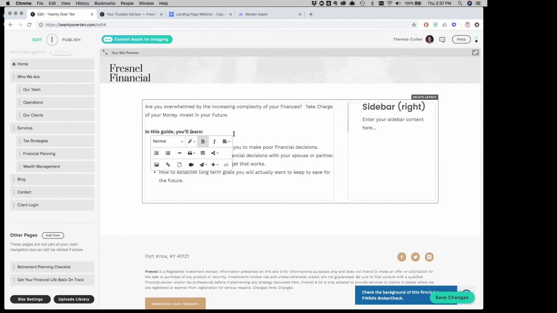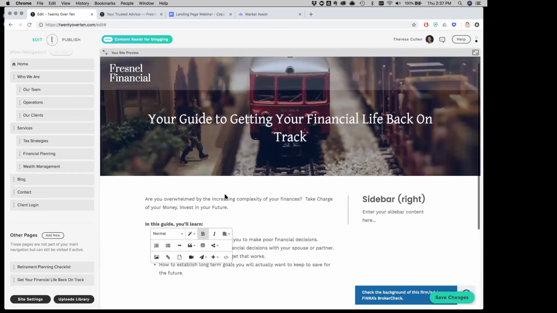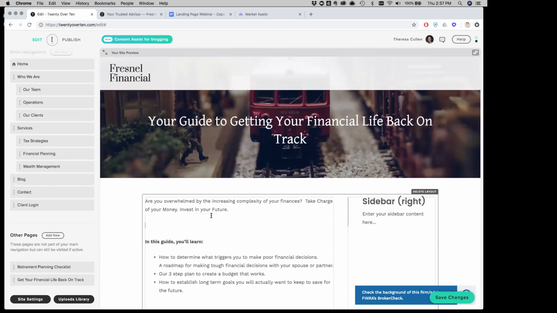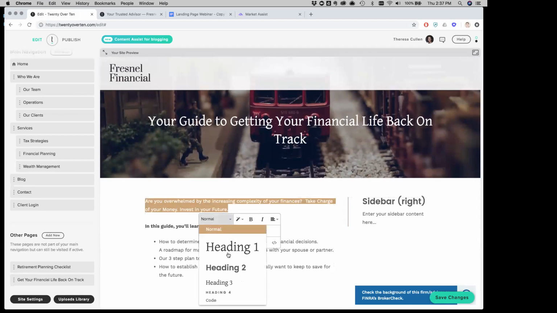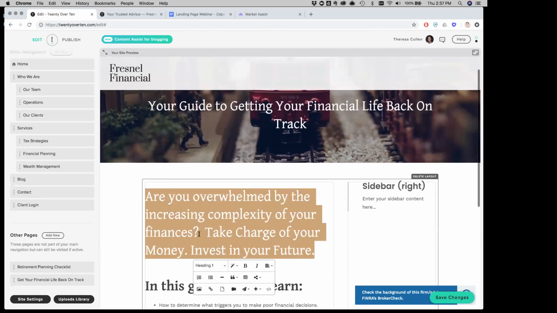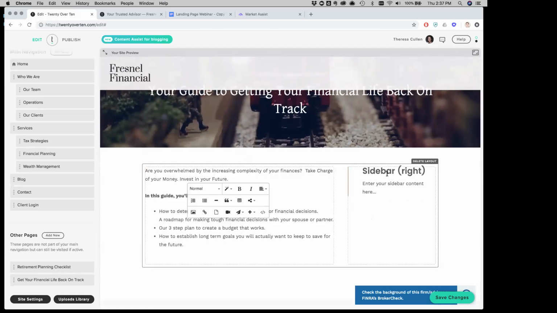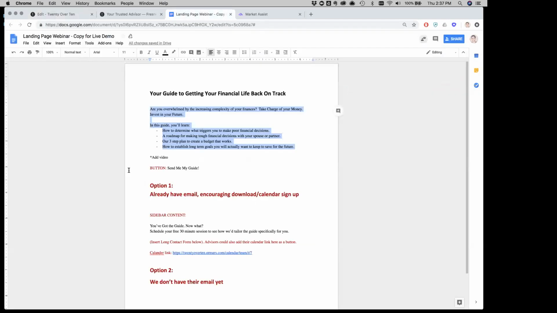So we'll go in here. As you can see, I've added some content. We can do a lot of really cool stuff. If you want to style this up, make text bigger, all of that is really easy to edit. Now on the sidebar on the right, there's a couple different things that we can do. If we already have someone's email, the strategy of trying to capture their email again is not really effective in this case. Maybe we want to add a document for them to download.